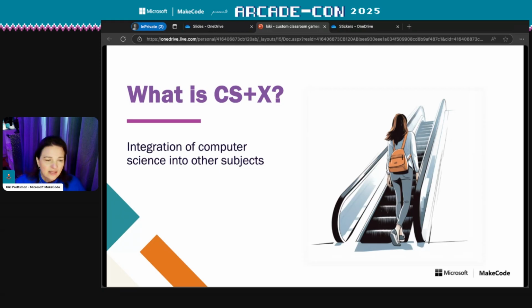And now they're more likely to take that entry level computer science course because they took some computer science in art class and they realized that it could really help them out. And that the more they learn, the more powerful their skills will be in the area that they want to study. So that's one of the subjects. The other piece to the escalator method is how we teach that computer science.